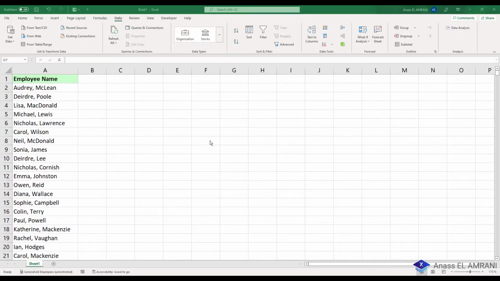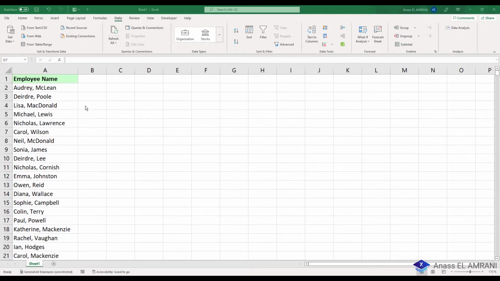Hello, in this video you're going to see some functions about text, how to manipulate text in Excel. For most of the time, we may have a full name in this way with a delimiter. You see there is the first name, then a delimiter, a space, and the last name. So what we want to do is to have the first name in a single cell and the last name